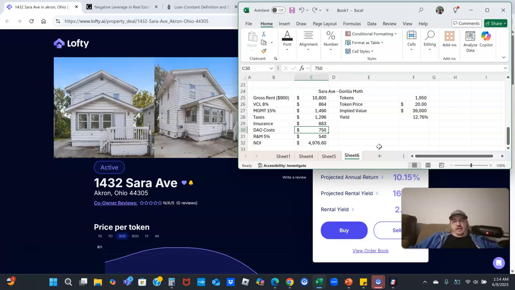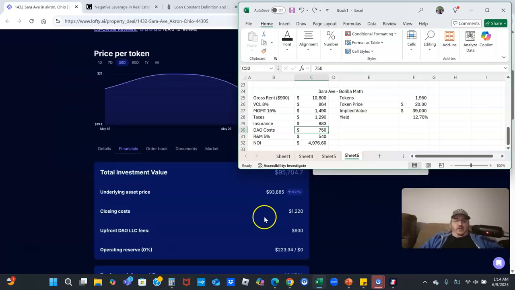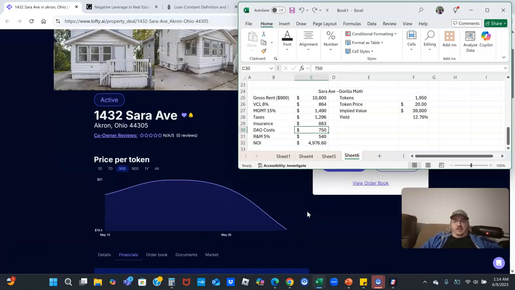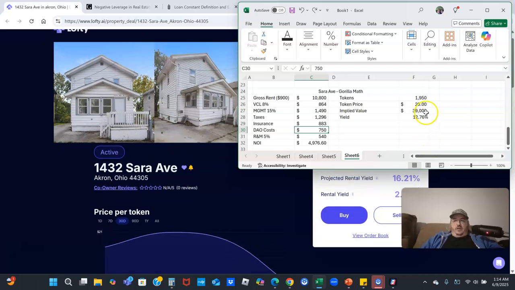I think that's been shown already, but once it's up and running and has a tenant in it, or even maybe once it's fixed up, before it has a tenant in it, the highest and best use for us might be to get this off of Lofty, right? If we can sell this, and if the real world price is actually anywhere close to this $93,000, we're looking at, okay, we have $12,000 in debt,